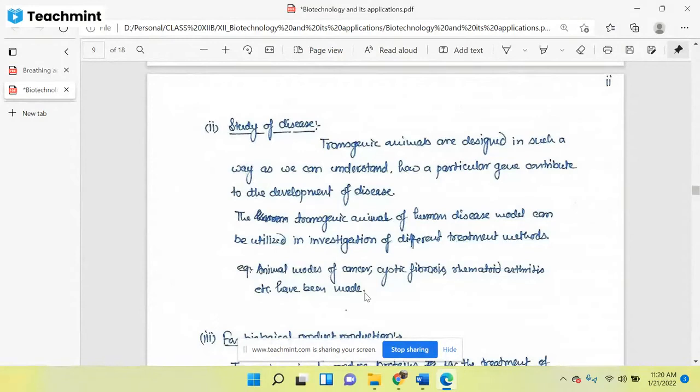So if we want to study a particular disease, we should have a model of that disease for the human being. And those models, as I told you, could be of mice, rabbit, rat, guinea pig, or monkey too. So we will manipulate the gene, produce that particular disease, and see the effect of that particular